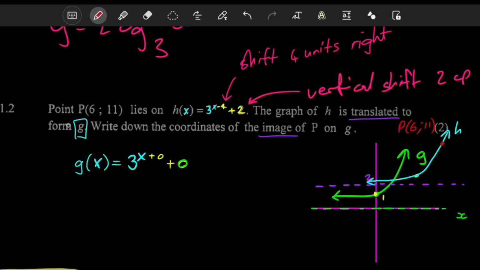The graph of H is translated to form G. So from H to G, we can already see it was moved. If you're going to go from H to G, you can just compare your asymptotes and your horizontal shifts. From H to G, you would need to plus a 4 there. So plussing a 4 to get a 0, you would move it 4 units to the left. And then from 2 to a 0, you would minus a 2 there, meaning you would move it 2 units downwards. So in terms of the translation,